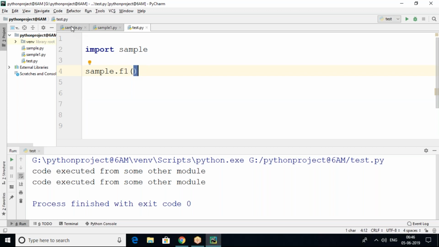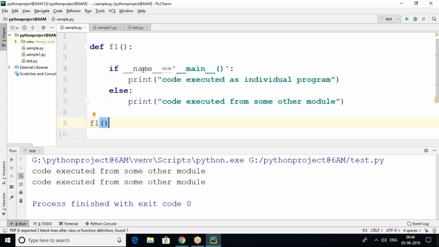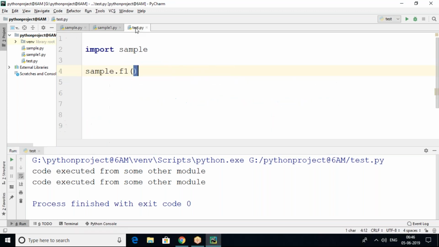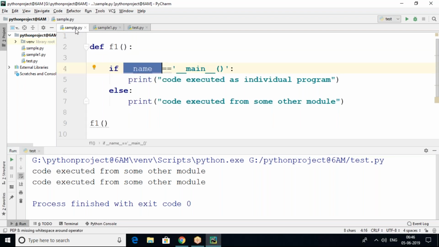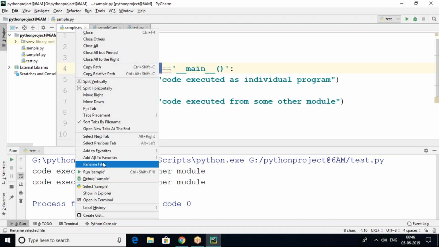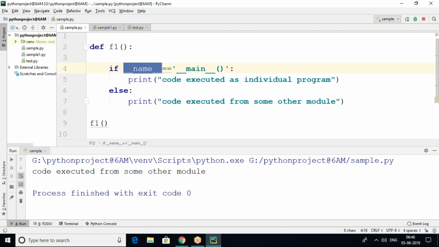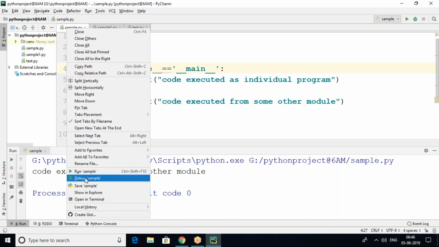The value of the name variable this time is what module? Sample module. Now this time I'm going to execute sample.py. This program is executed directly as an individual program. Let's run this sample.py.